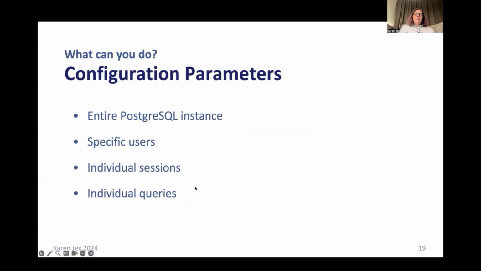For any parameter that has to be set across the entire instance, you'll need to find a compromise that works best for your hybrid workload. Some parameters, though, can be set for specific users, so you can set them to different values for your application users and your analytics users. Some can even be set for individual statements. We'll have a look at just a few parameters.